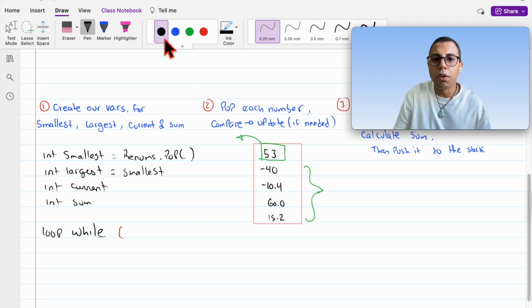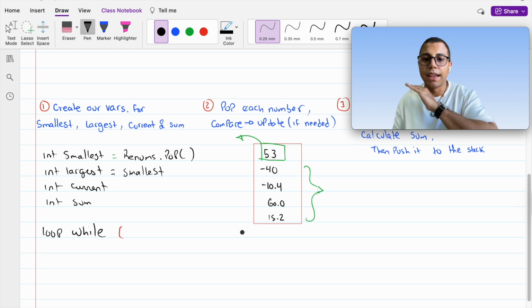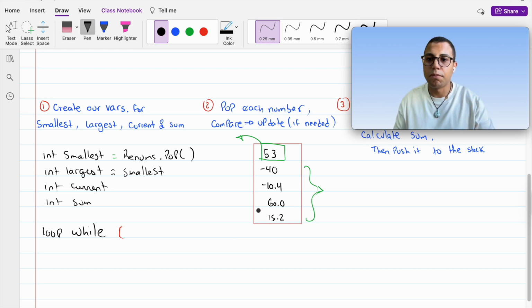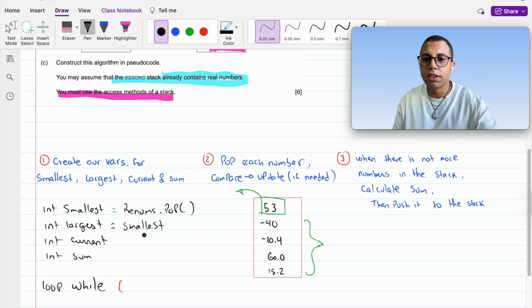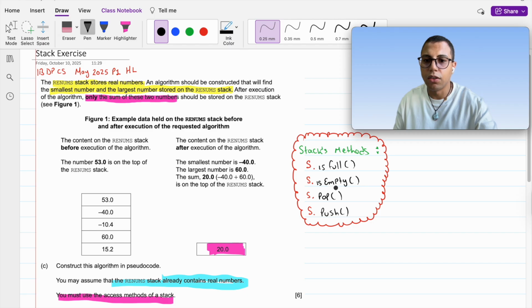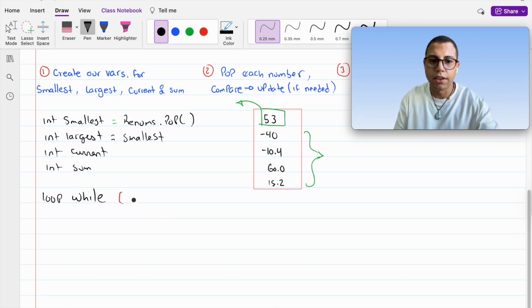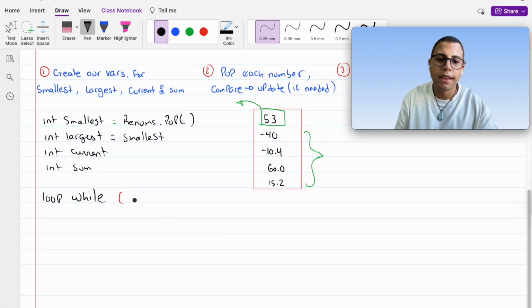We're going to loop until the stack is empty, until there is nothing else. I know that I have the stack method called isEmpty, so I can say, while the stack is empty